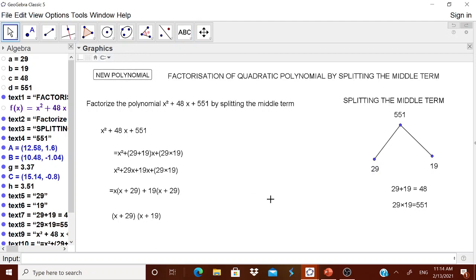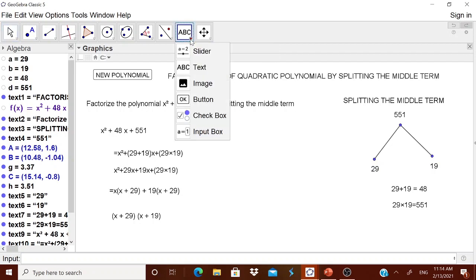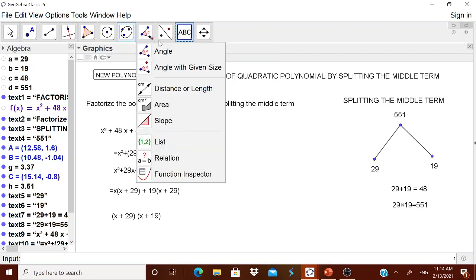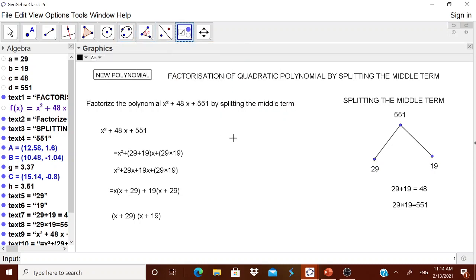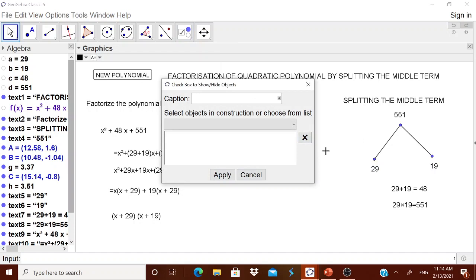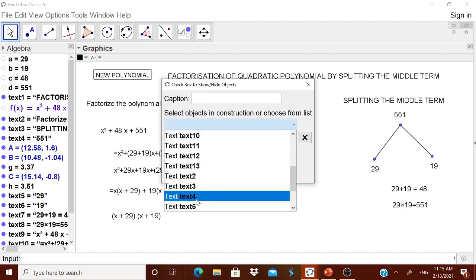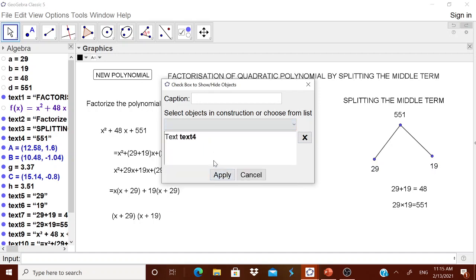Now what you can do is, you can have a lot of problems with that. Suppose you want to tell the children that you want to hide some of them from them, for that you can go for it. I think we have already discussed that. Go to this checkbox. In that checkbox, remember this 551 starts from text 4. Therefore, you have to go for text 4.